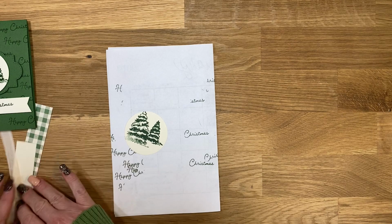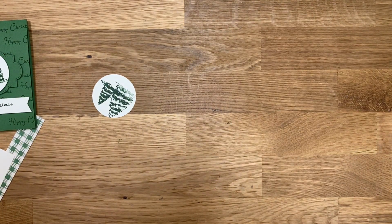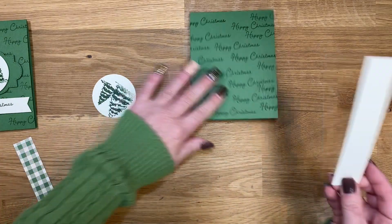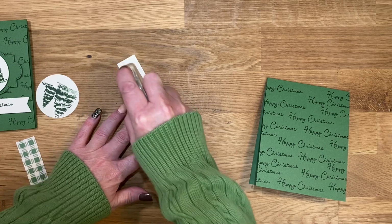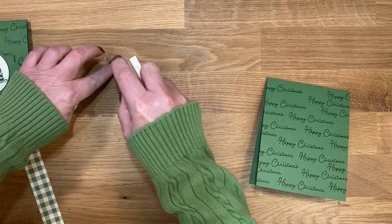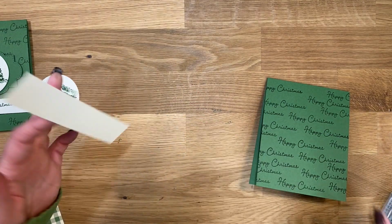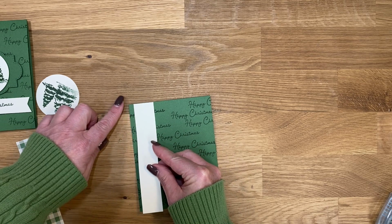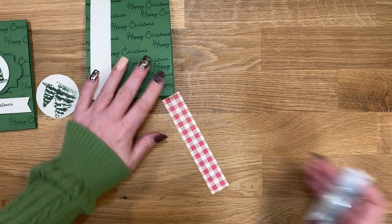Okay, and then let me move this out of the way. I can just throw that away. And let's grab our card base. Let's grab our Very Vanilla strip, and I'm just going to use some Stampin' Seal, not the plus, just the regular Stampin' Seal. A little bit of adhesive, and leave as much on this side showing as you want. I want just a little bit of it showing, so I'm just going to put that down, and then we'll